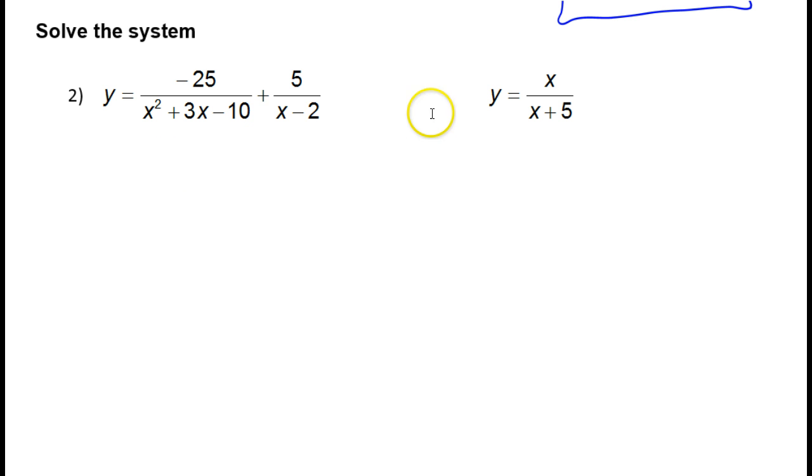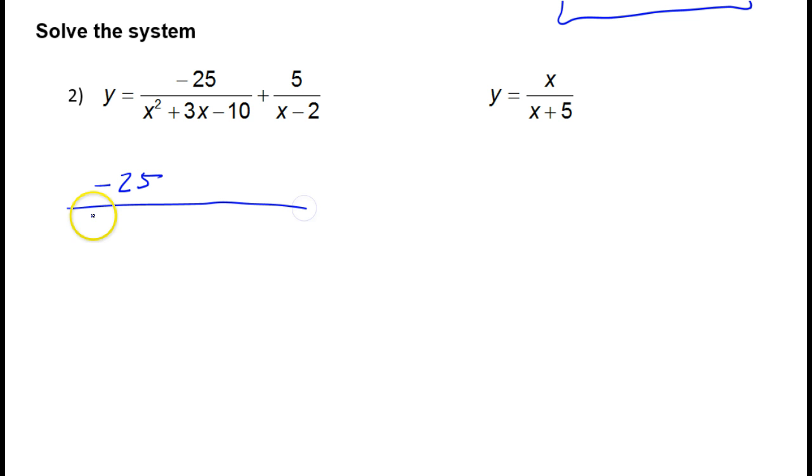Okay, now let's go ahead and solve this system of rational functions. So the first thing you want to do when you're solving a system is to set them equal to each other. But don't forget, when you see y equals this and y equals that, we're going to not only find x, but we're going to find y. So when you see y, don't forget that you need to find y as well. So if I set these equal to each other, then I've got negative 25